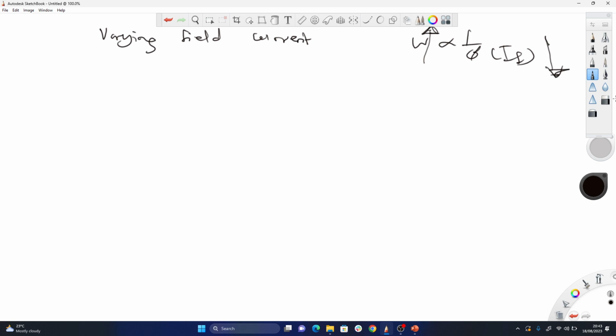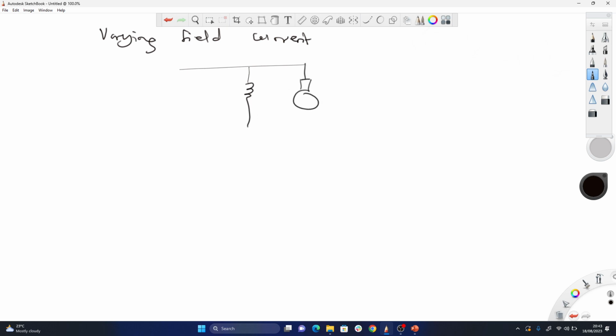Now let's apply something we know already. Let's take a DC shunt motor. See, I have a DC shunt like this. My field is in parallel with my armature. There's some field current coming through here, and an armature current going through here. Then I have my V here. Now you realize that